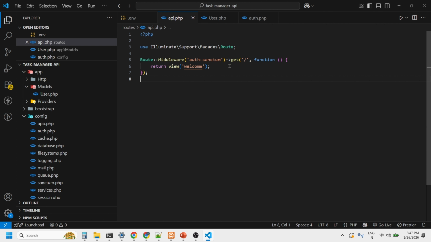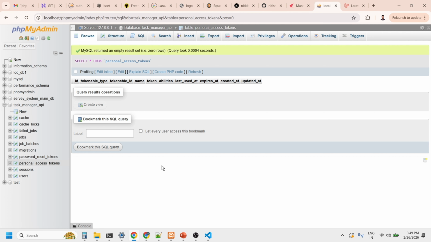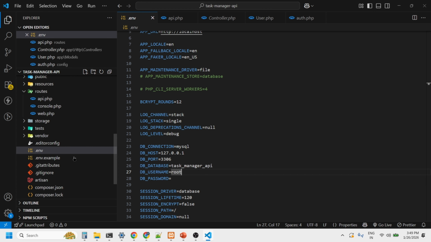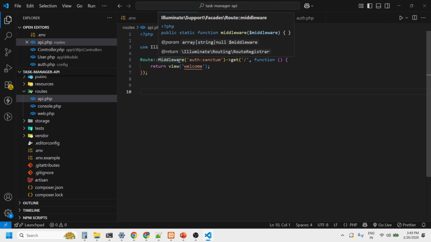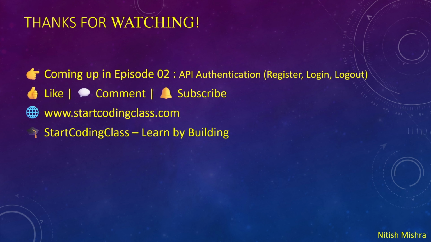Okay, so now everything is okay. We configured the database, created the database, and also created one file for API. We are just going to write all the API routes inside this file, and also installed the Sanctum package, and added the Sanctum package into our route. In the next video we are just going to see API authentication, and we will create